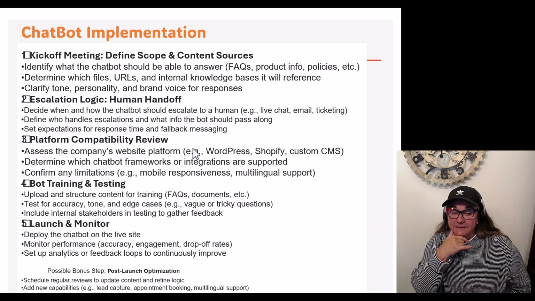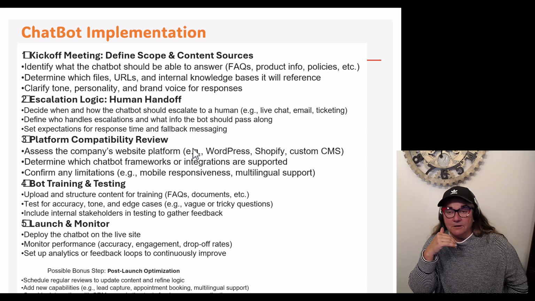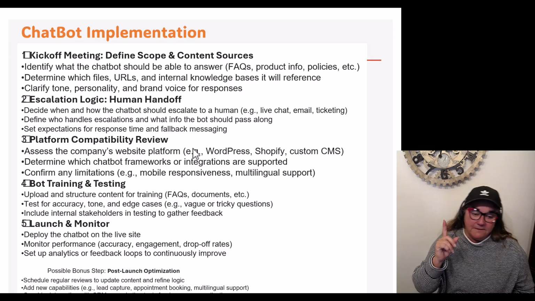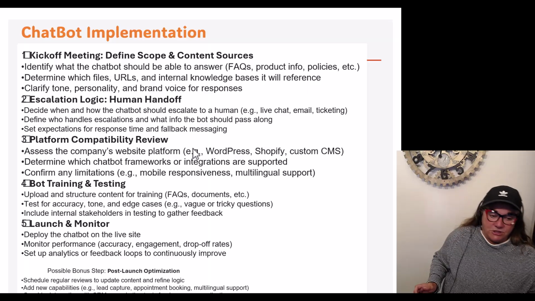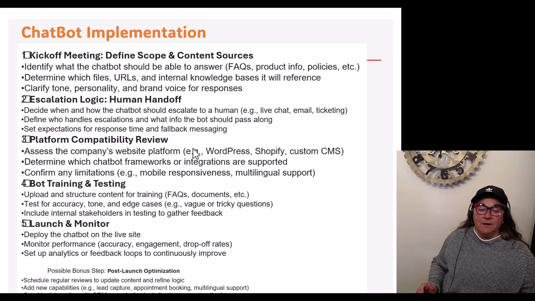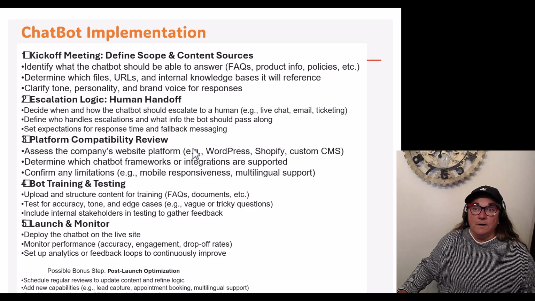Bot training and testing. I will make sure I have enough different people from their company that I can test it with, and then launch and monitor it. I want to launch it on their live site, and I want to monitor the answers for accuracy and drop-off rate to see when they stop talking to it. And then again, possibly after they launch the chatbot, you want to look at scheduling regular reviews to see if you should be updating the logic in the chatbot. And perhaps there are better chatbots that have come to light that you may want to